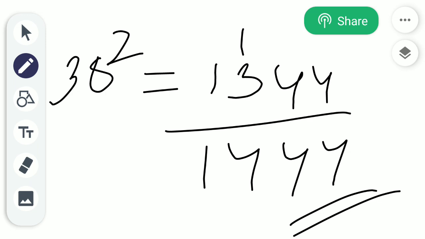After a few days of practice, you can calculate within a few seconds the square of any number lying between these numbers. So practice this method for a few days, and in the next video we will show how to calculate the squares of numbers between